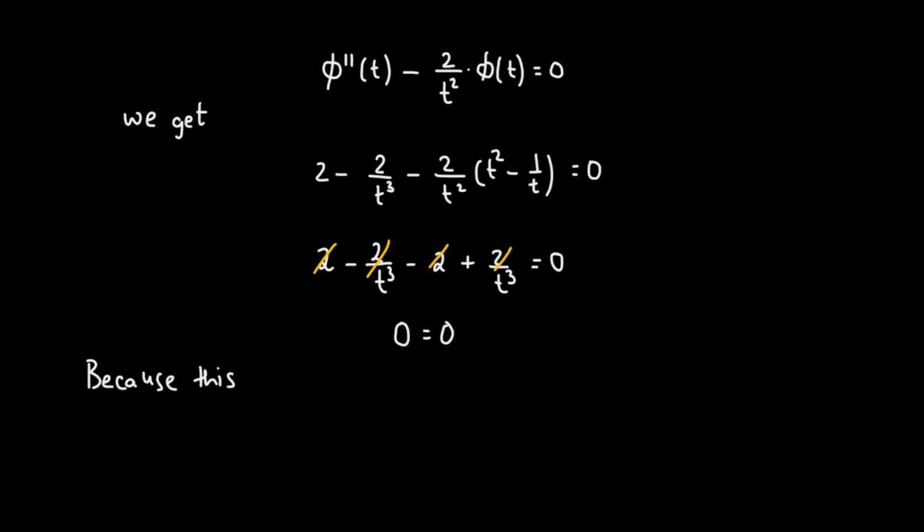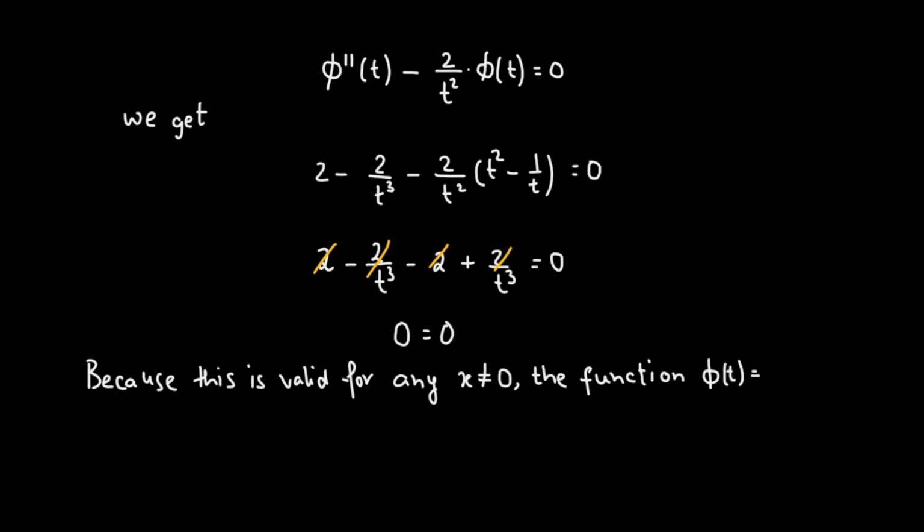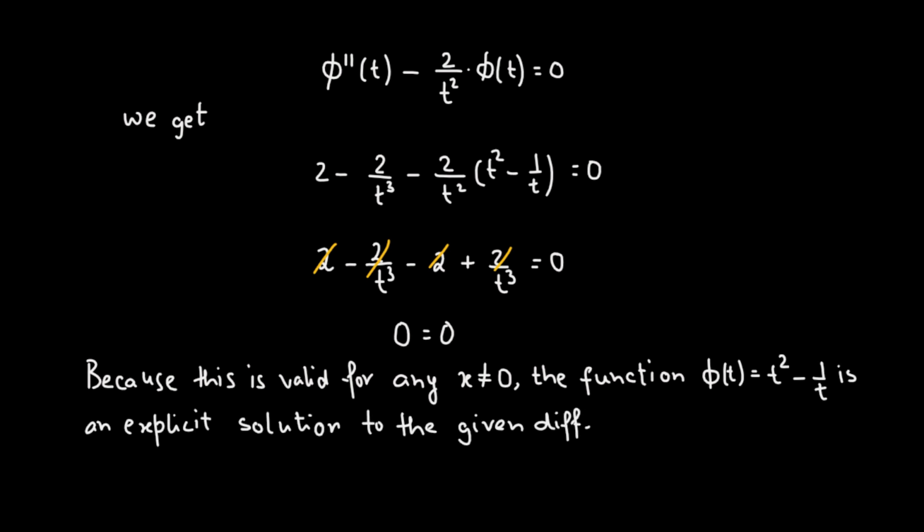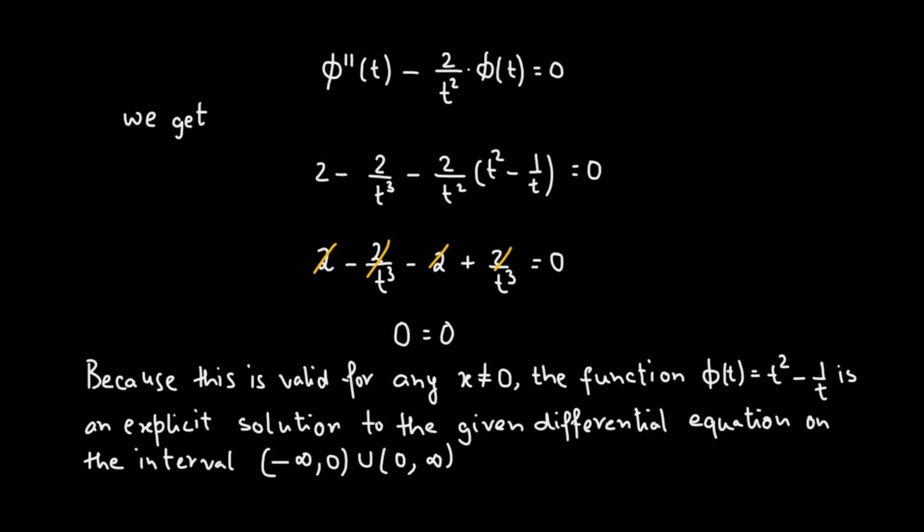Because this is valid for any t not equal to 0, the function phi of t equals t squared minus 1 over t is an explicit solution to the given differential equation on the interval negative infinity to 0, union 0 to infinity. Now, for the function phi of t equals t cubed, we have phi prime of t,